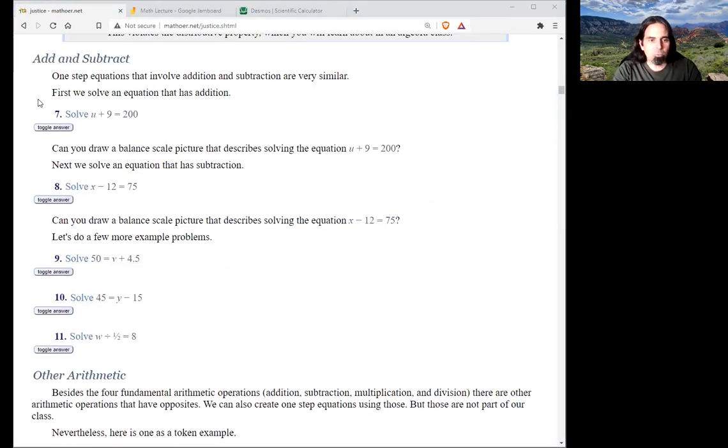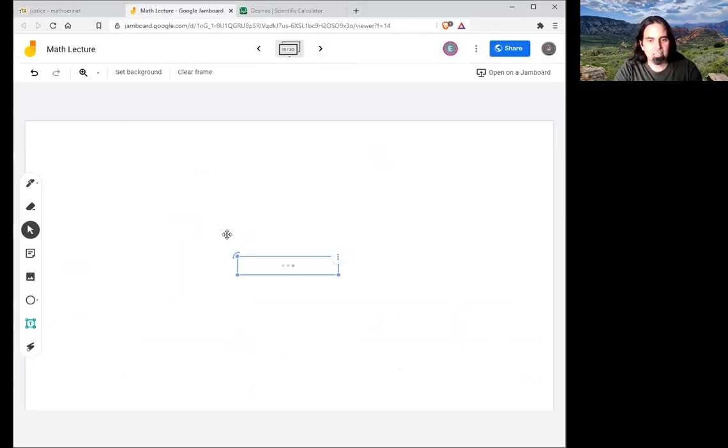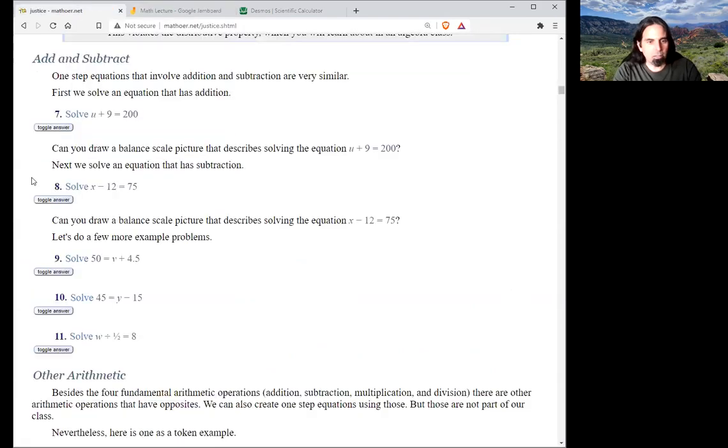Okay, we can add and subtract also. Let's do one of each just to be complete. And then if we're getting bored with this,